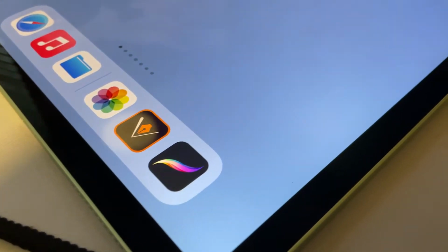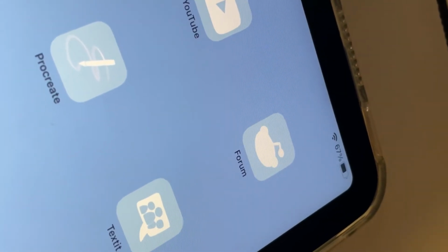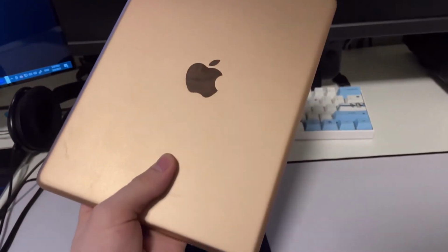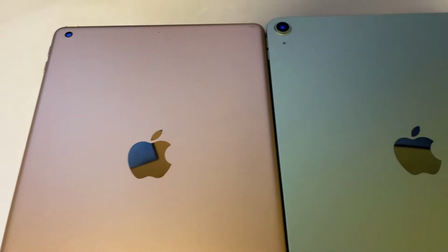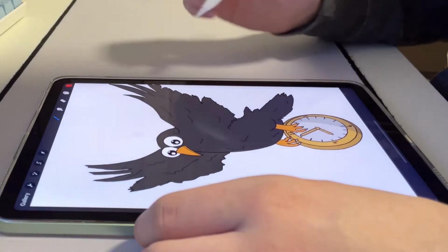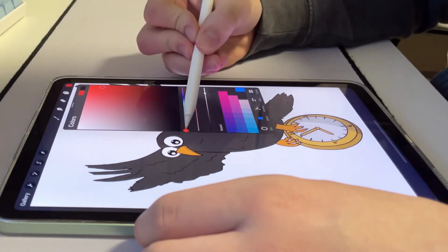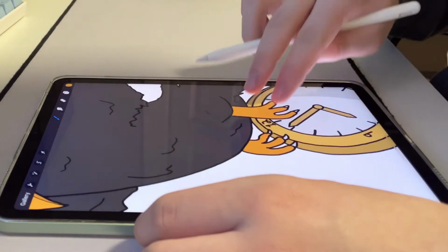I got pretty excited when Apple finally announced their new iPad Air series that was more akin to their iPad Pro lineup of iPads, since I had sort of been looking for an upgrade from my really old iPad that I got in, I would think, 2017, and it had sort of started giving up and not really holding up to my expectation of what I needed from an iPad, considering, if I wanted to use any drawing apps for things like commissions,